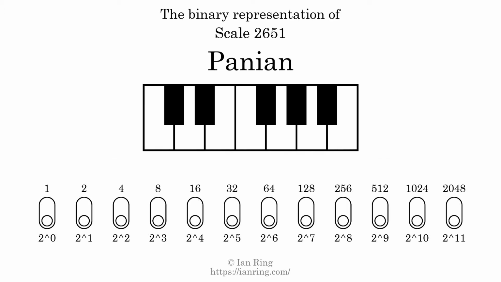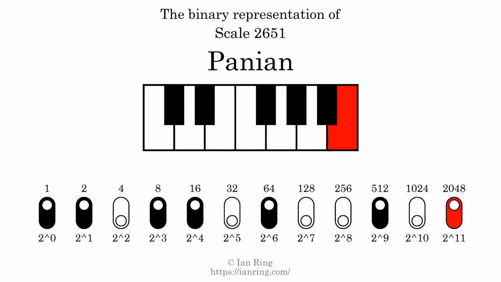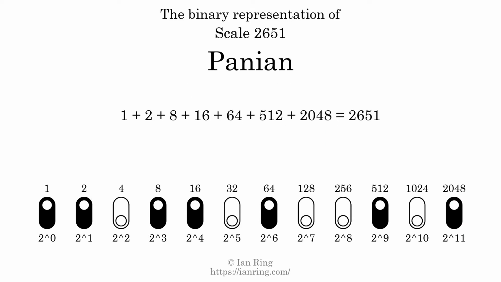The binary representation of this scale is determined by mapping tones of the scale to binary digits. Each binary digit represents a power of 2. To get the scale number, we add the powers of 2 together. The powers of 2 that are present in the scale, all added together, equals 2651. That is why the scale number, in decimal, is